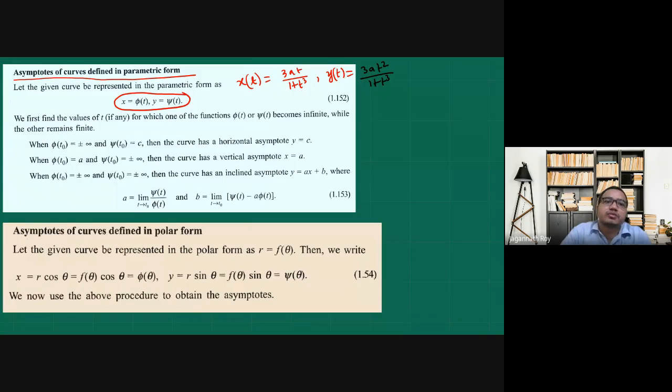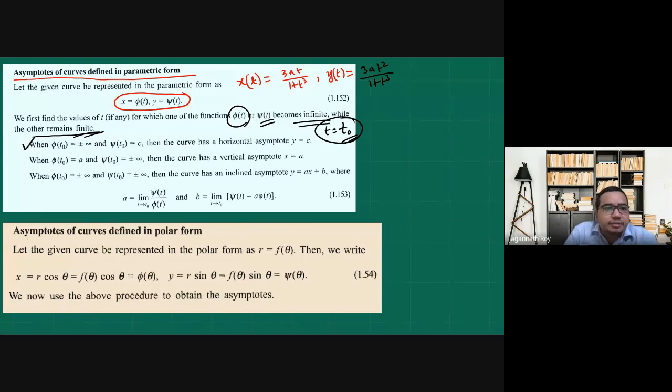For this type of functions, we first have to identify whether any one of them becomes infinite or not at some particular point, t equals t0. At some particular point t0, whether it is becoming 0 or not, any of them. So if any one of them becomes infinite and the others remain finite, not constant, finite, then we can find the